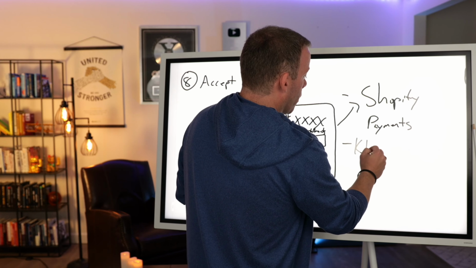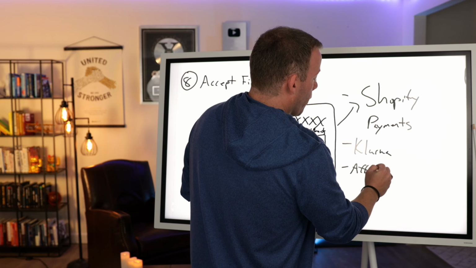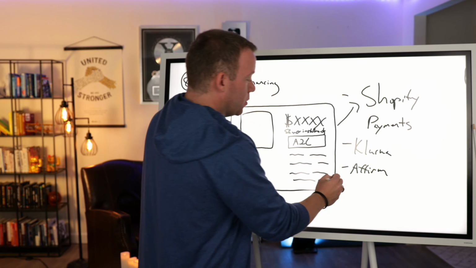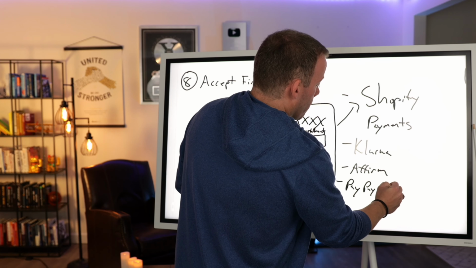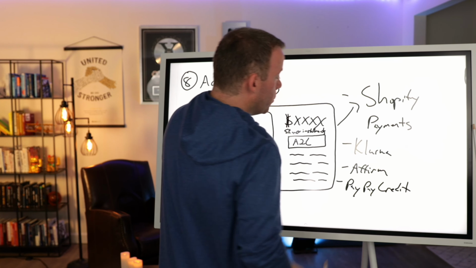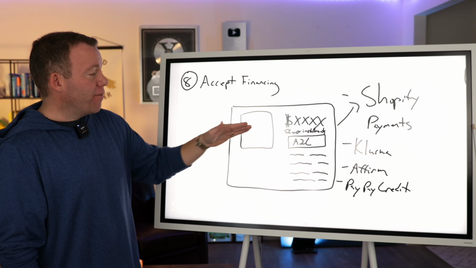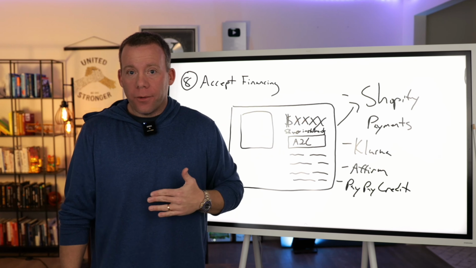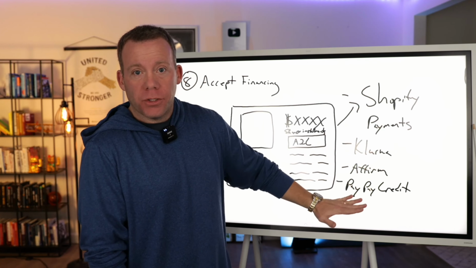Also, I'll give you some more options if you're not using Shopify Payments. You can also use Klarna. You can also use Affirm. And there's more out there for other countries, but these are the main ones. You can also use PayPal Credit. But regardless of which one you use, when the customer pays, you get all the money right away. Okay, so if it's a $1,100 sale, you get the money right away. The customer's payment plan agreement is with whichever financing option you use.